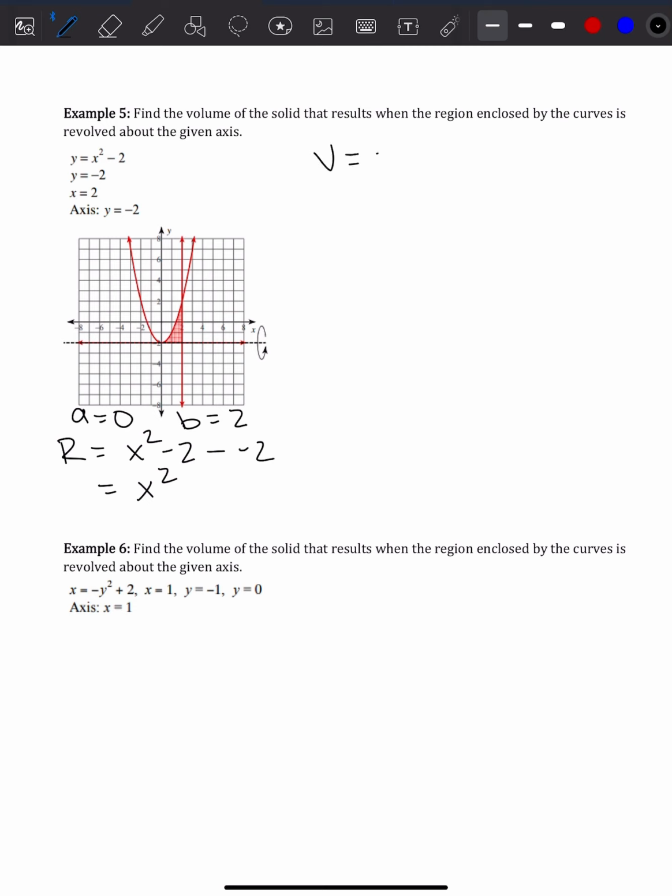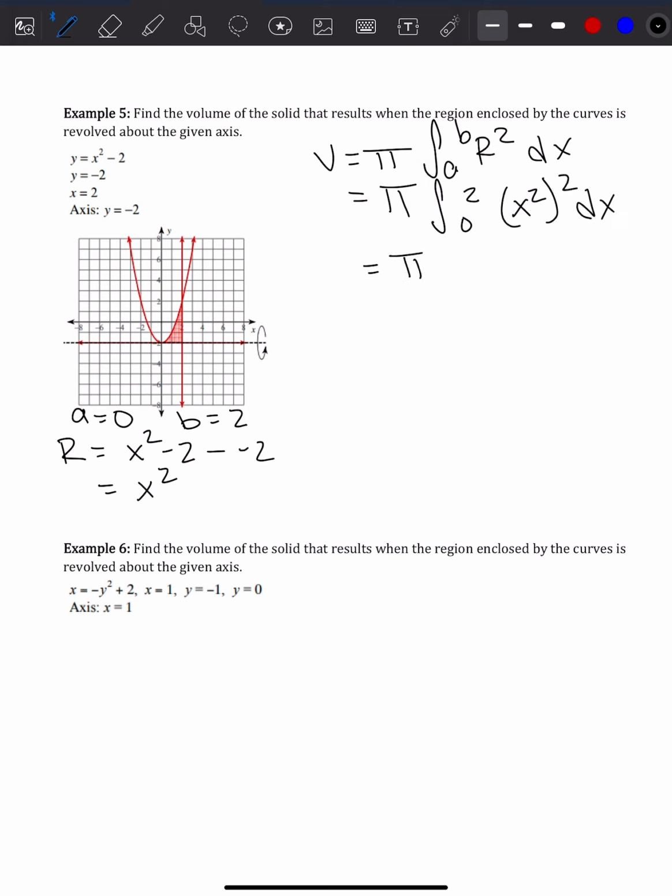So our volume is equal to pi, the integral from a to b of r squared dx. So pi, integral 0 to 2. r is x squared, but we want r squared. This is the same thing as integrating from 0 to 2 of x to the 4th. If we integrate it from 0 to 2, we get